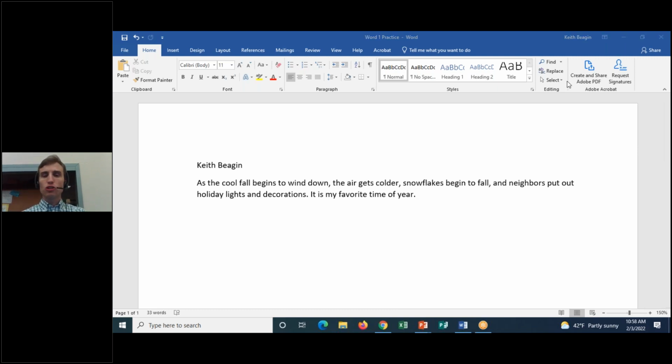All right, so let's go back down to our paragraph. We're not going to go exactly in order, but we're in our Home tab. I want to start with the Font group here. These are the tools in the Font group. We Word users use these tools all the time to do things like change the size of our font, change the look of the font, a different font type, maybe the color of the font, maybe to emphasize specific words. So we're going to talk about some of those tools right now. So first of all, let's start with size